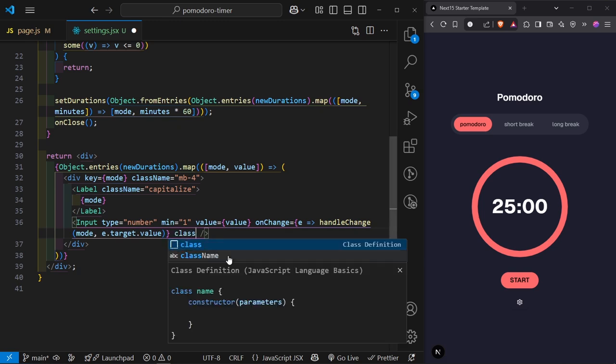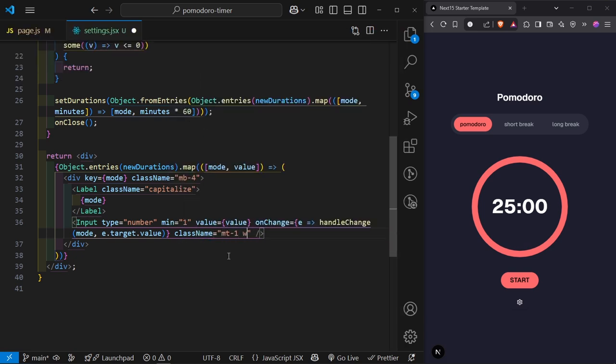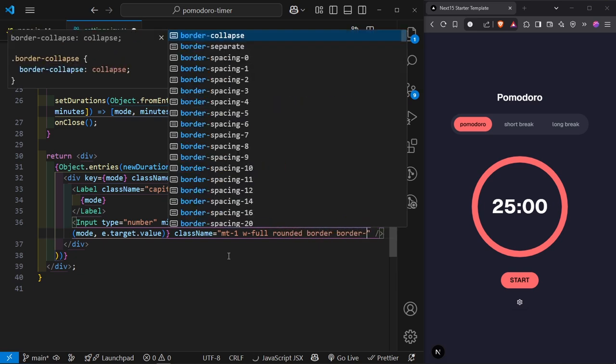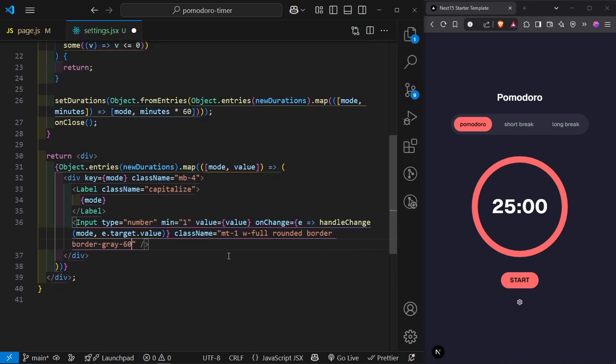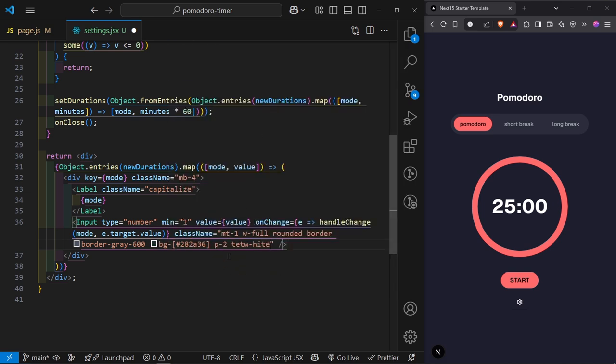So let's pass in the className here, and the margin top is going to be 1, the width is going to be full, rounded, border, gray-600, and then bg-[#282a36], and then padding all round of 2, and text-white. Fantastic. And then we can close that out,